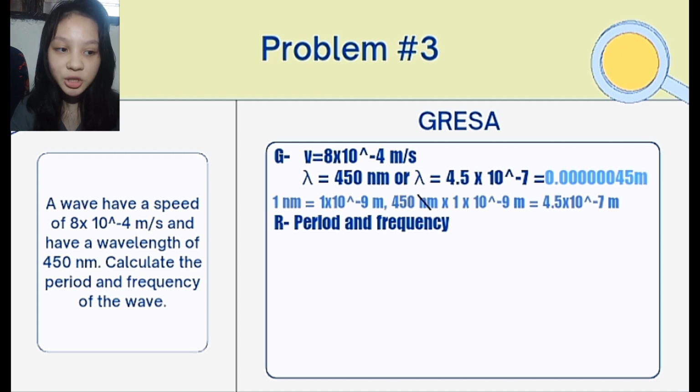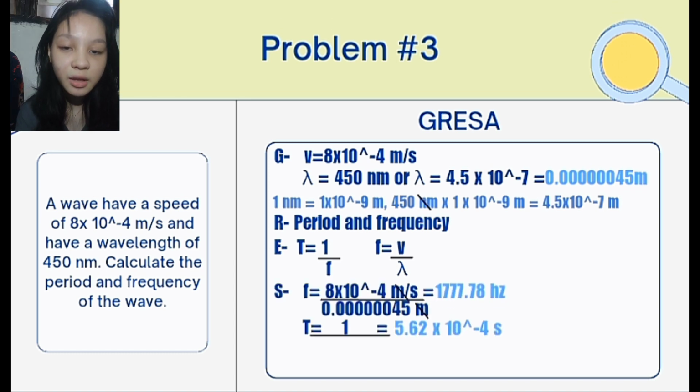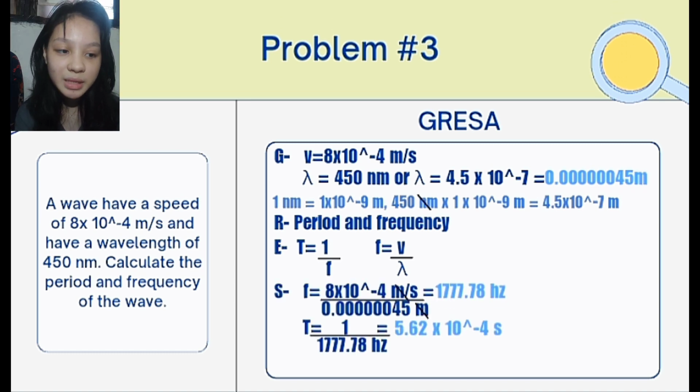In the equation, period is equal to 1 over frequency, and frequency is equal to speed over wavelength. Now for the solution, we will write it again. Frequency is equal to 8 times 10 raised to negative 4 meters per second over 0.00000045 meters, and we will cross out the meters. In period, 1 over